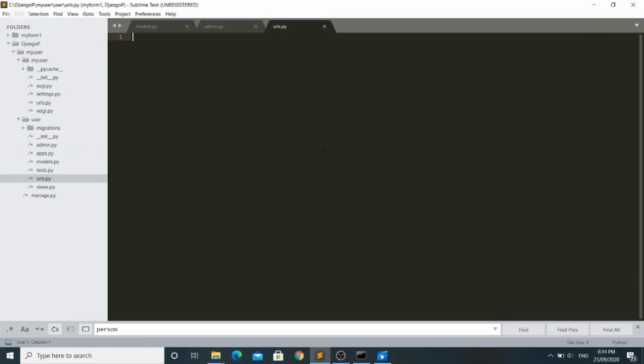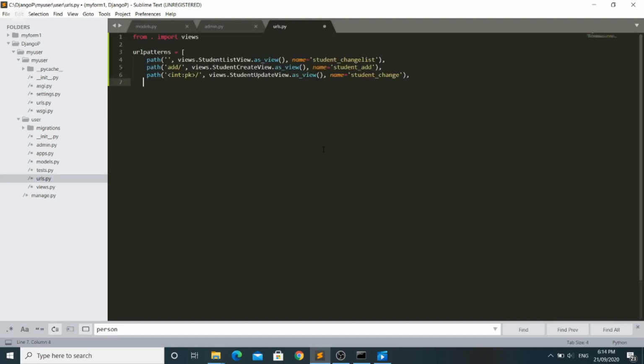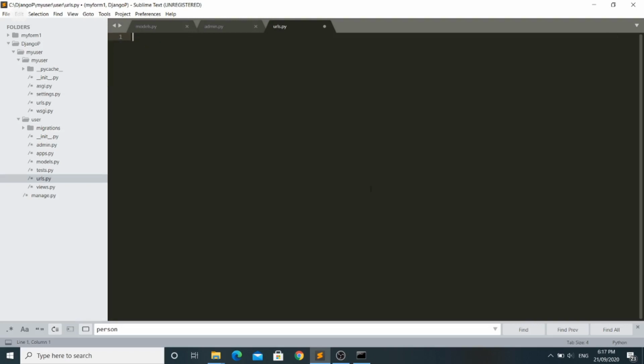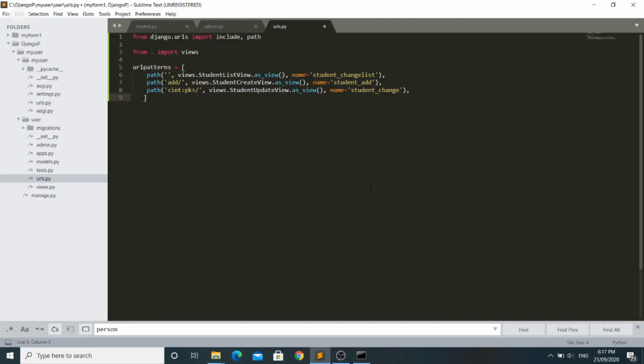Now let's register the URLs which we need in our application. Currently we have three URLs. The first one will display the list of registered students.